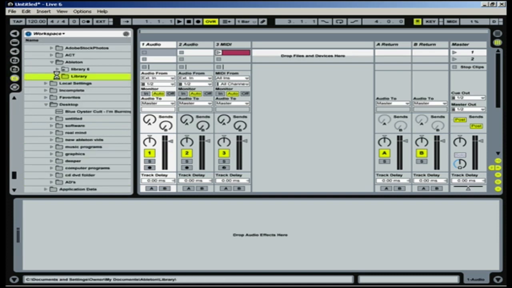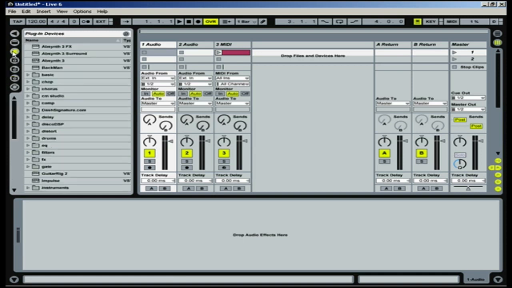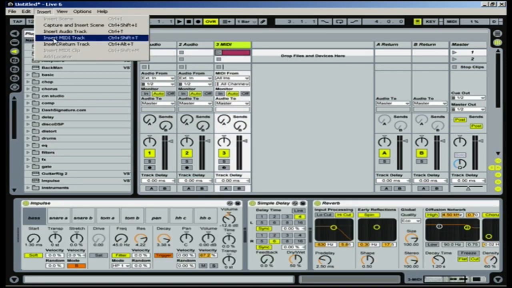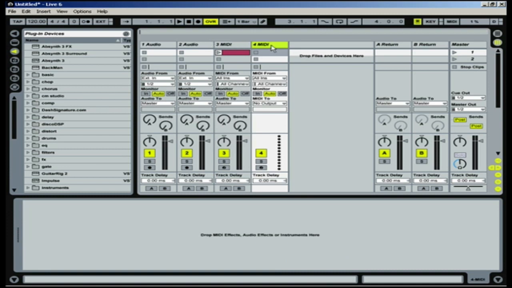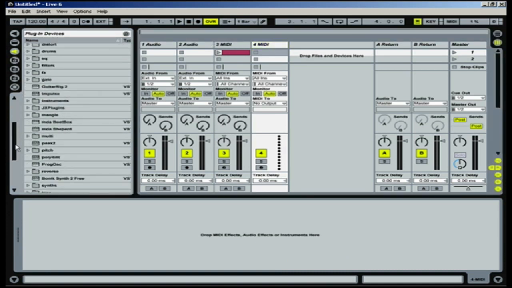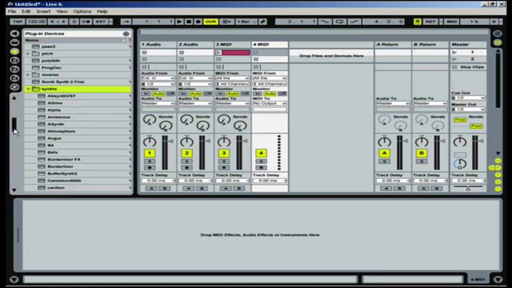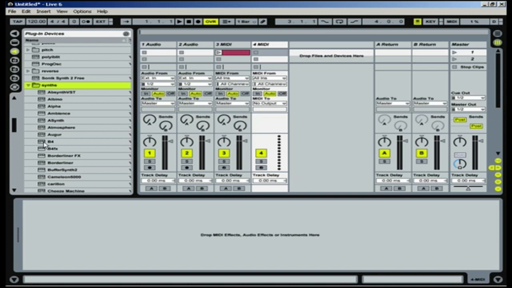I'm going to go back into this plugin area because I want to show you when you drag in a plugin. Let me just make a new MIDI track. I'm going to go Insert, MIDI track. If I drag in, let's say, a synthesizer, I'll grab in the B4, which is like an organ. So I drag this down here,